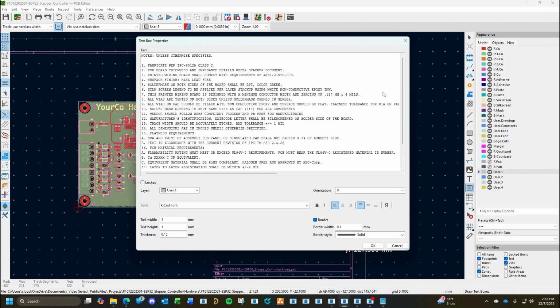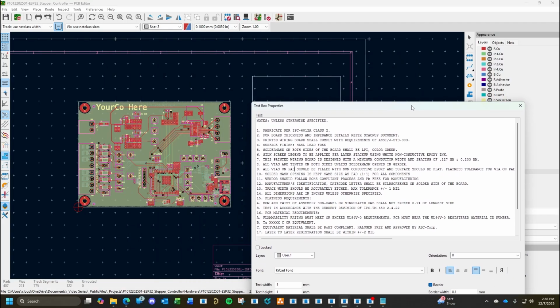And a spacing of, I think it's 0.200. I think 203 is what we set for the traces. We want to make sure our traces were all vias are tinted to both sides, unless, yeah, we could change that to unless solder mask open and grow, but that's fine. Should be full non-conductive. All vias on pad. So that would be,